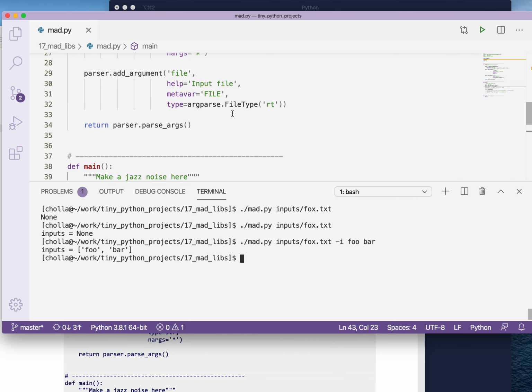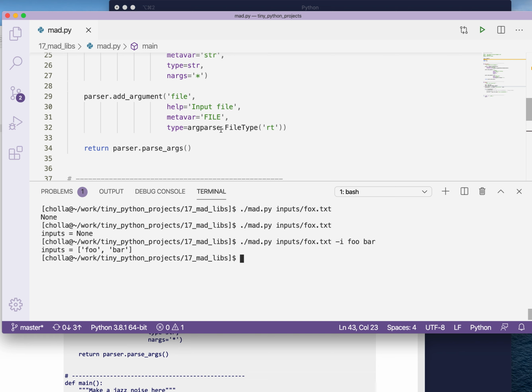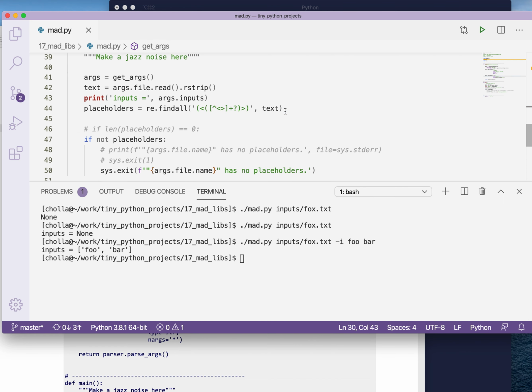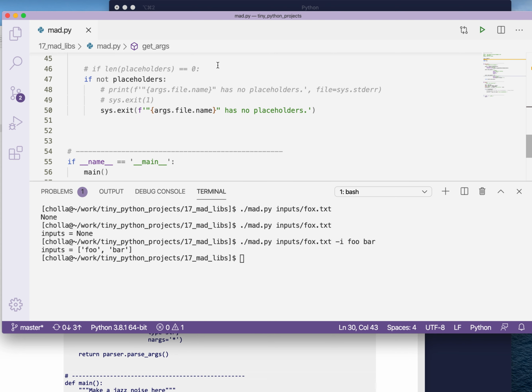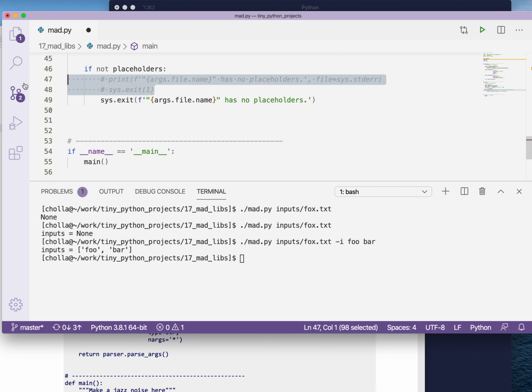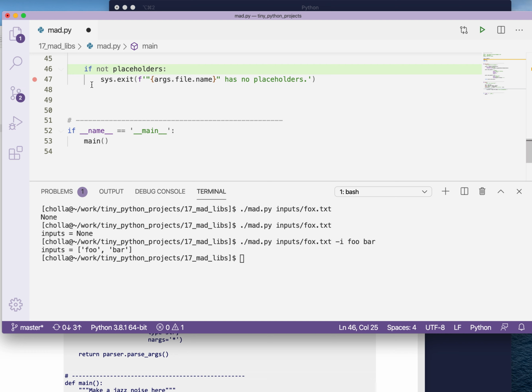So we already have a lot of the structure in place. We already know how to read the input file. If we define this with a file type, then we can immediately call args.file.read. So we have that. We talked about the regular expression to find the placeholders in the text. And we talked about how to detect if there are no placeholders, how to error out of our program, how to leave early with an exit value that indicates an error, and how to print to standard error. We talked about all those things. So now we need to handle